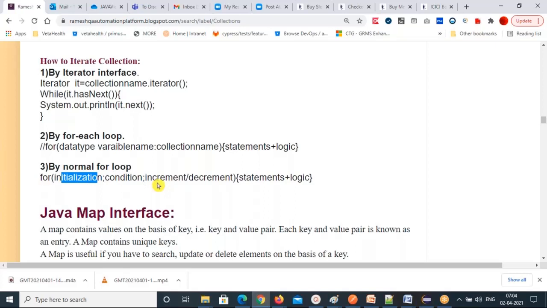That's why you cannot use this normal for loop for set collection to iterate the elements. For bracket, initialization, semicolon, condition, semicolon, increment or decrement, and statements or logic you can use. These are the three ways you can iterate your collections.